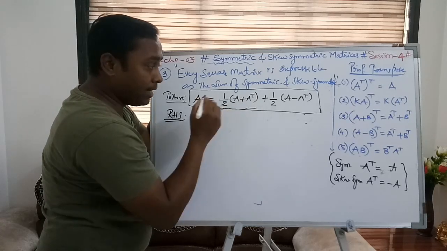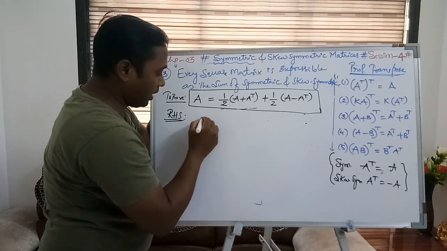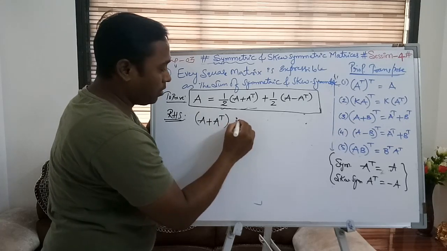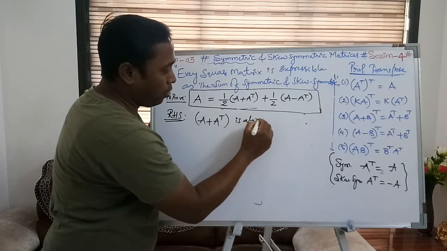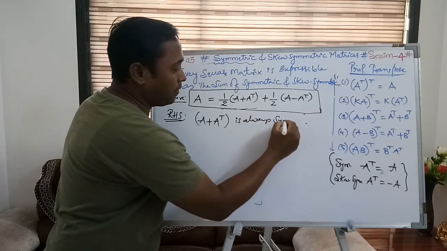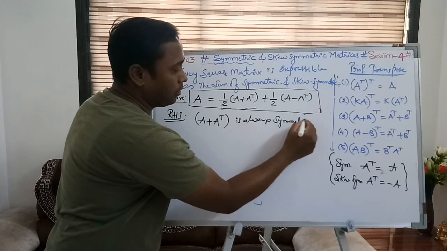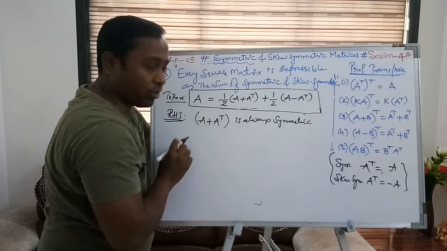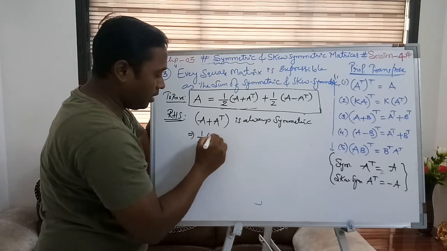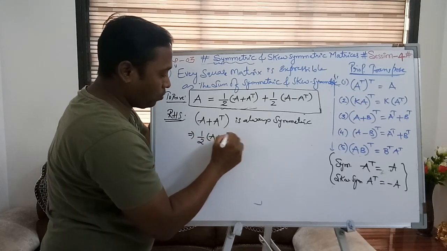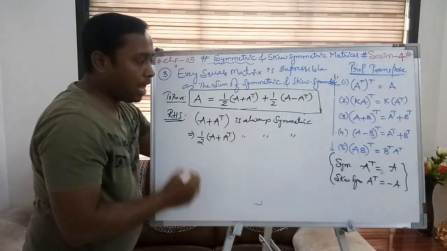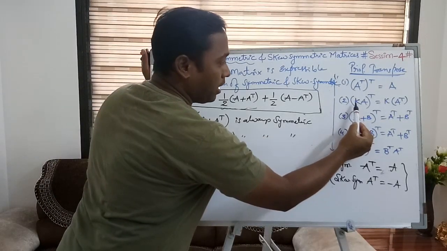What is that? A plus A dash. I am taking A plus A dash. As we know, A plus A dash operation is always symmetric, right? If it is symmetric, so definitely half of A plus A transpose is also symmetric, as the reason here,